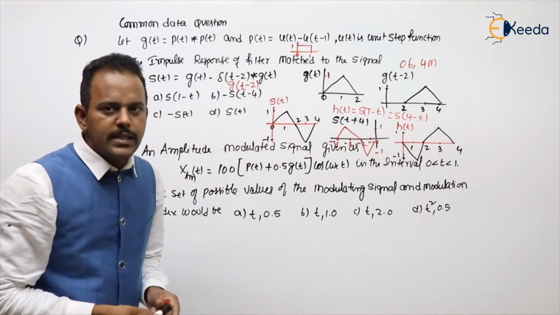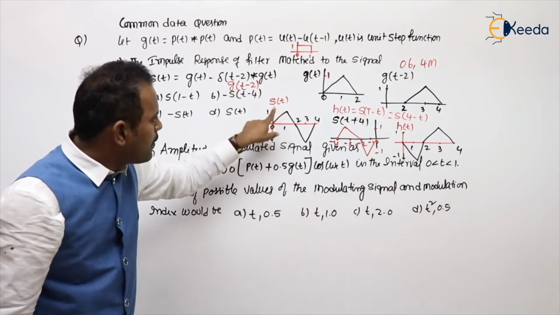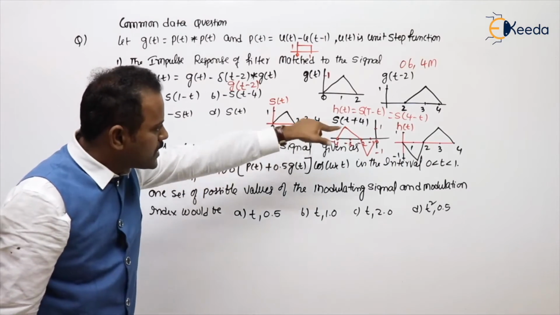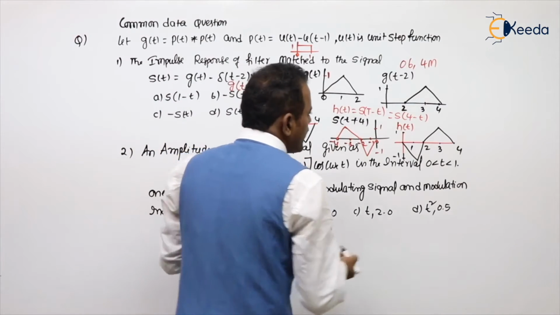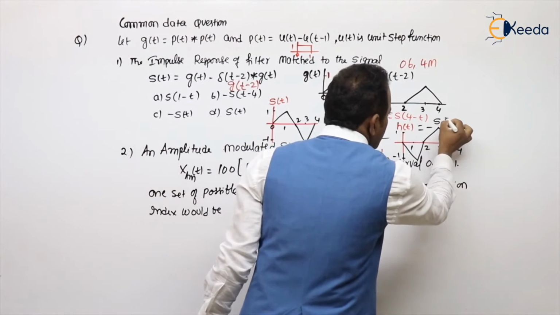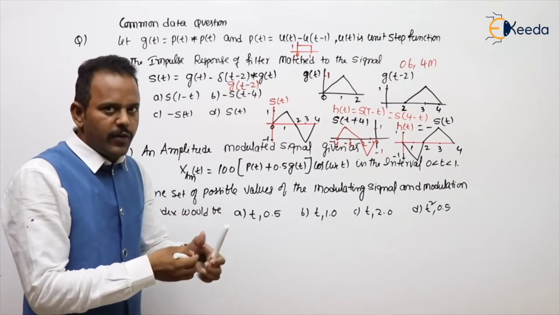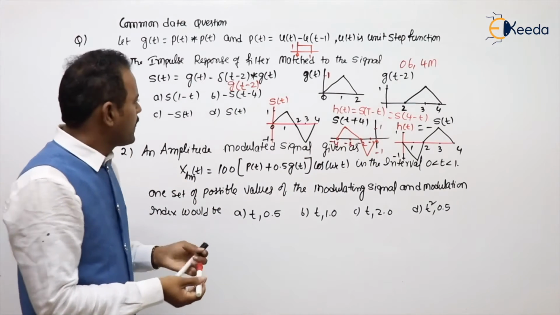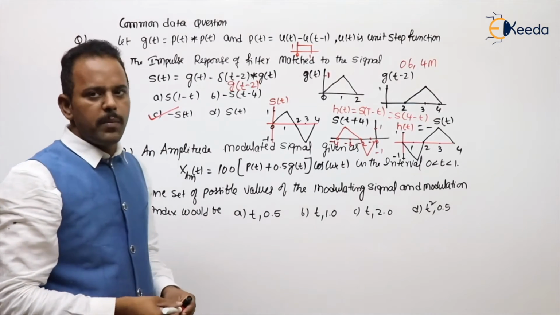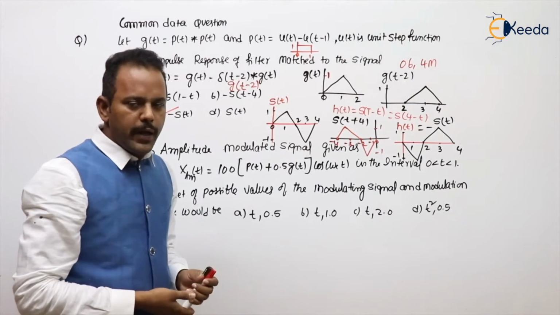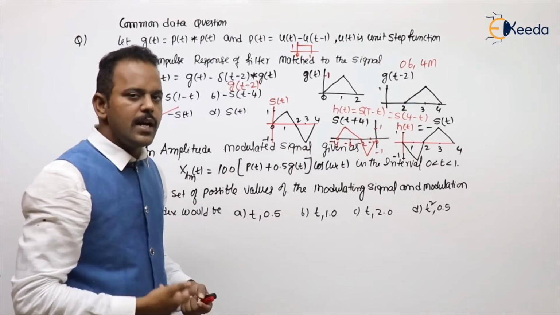Now you can clearly see h(t) as well as s(t) are both the same, but there is an opposite. Means h(t) is nothing but minus s(t), because the amplitude is different, a negative difference is there. So the h(t) value is nothing but minus s(t). Simple problem by doing the time operations, and we know the convolution of two rectangular pulses of same width is a triangular pulse.